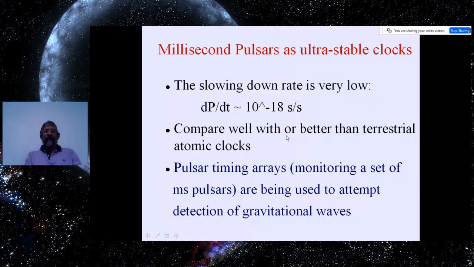So that's how they offer themselves to be one of the competitive clocks. Timekeepers, they compare well, or sometimes they're better than the terrestrial astronomical clocks. And people have been hoping that an array of pulsars, a collection of such pulsars over a volume of space, monitored for their locations and arrival time of pulses from them,